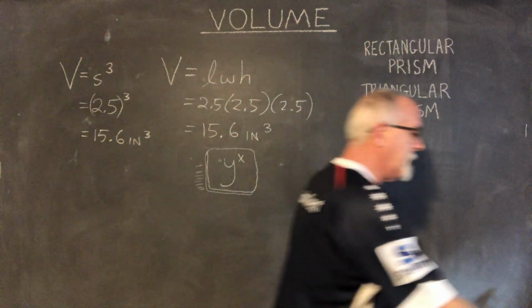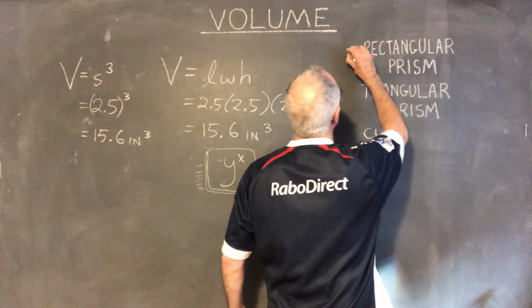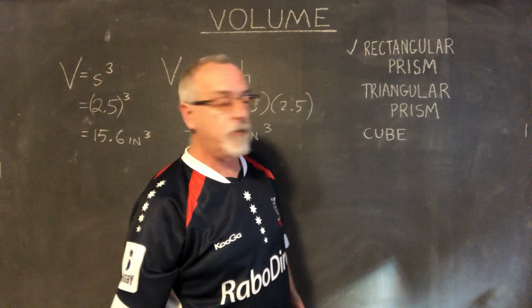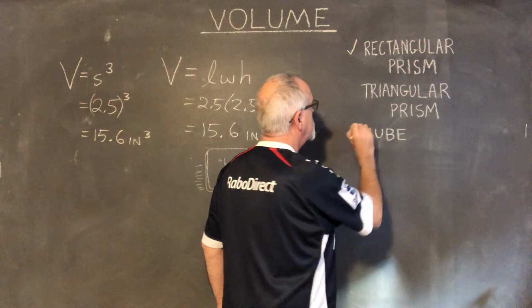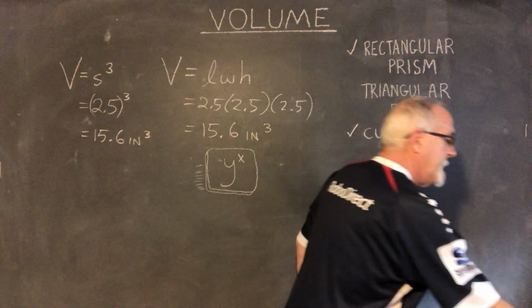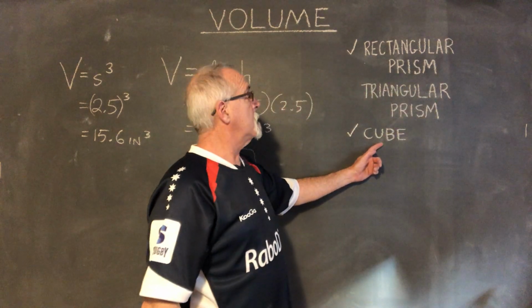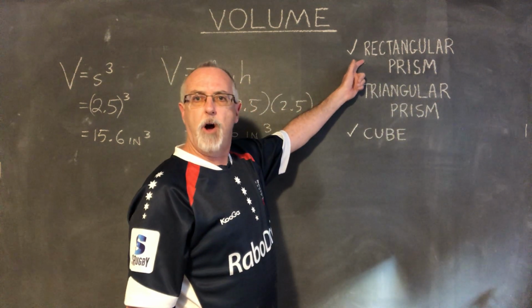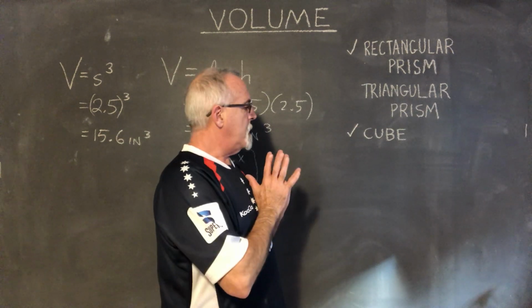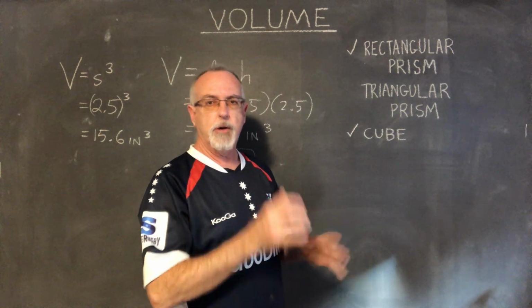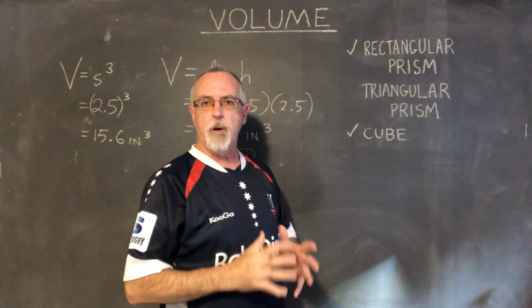Oh, and I can do my checking off thing. There, checked off rectangular prism because it is several of them, and I'm going to check off cube because I did 2 of those. And since cubes are also rectangular prisms, that means I've done 5. But I want to do at least some triangular prisms, including that paper one I went to so much trouble